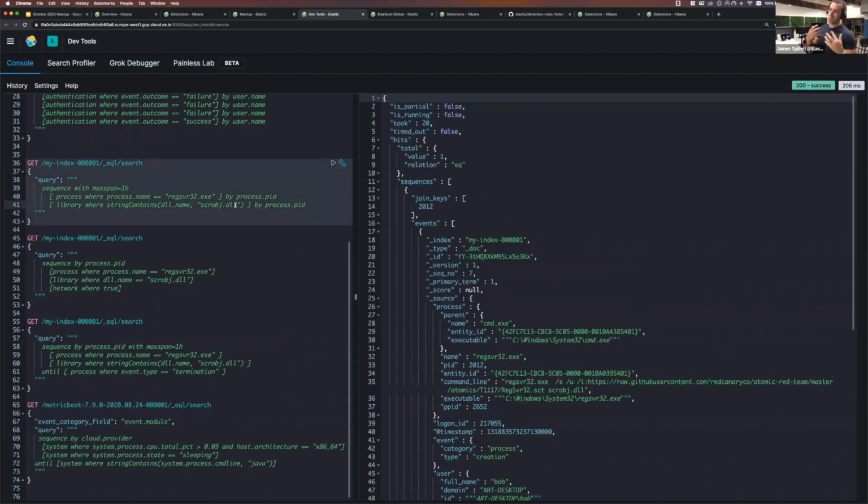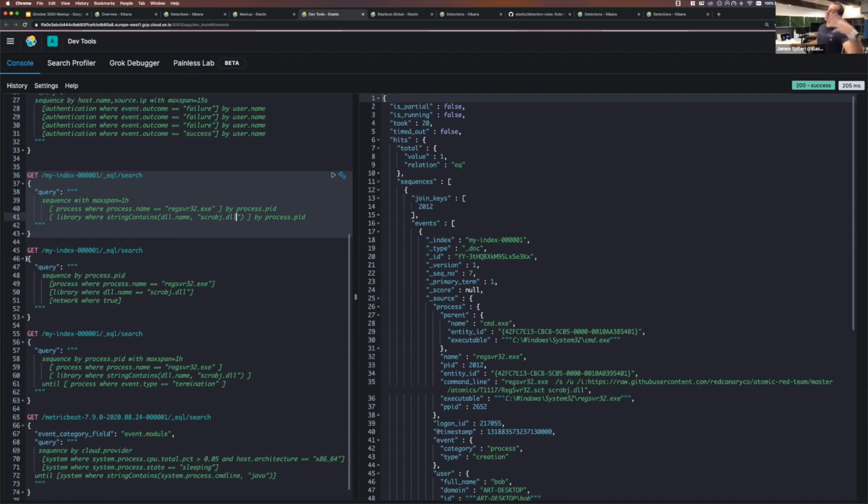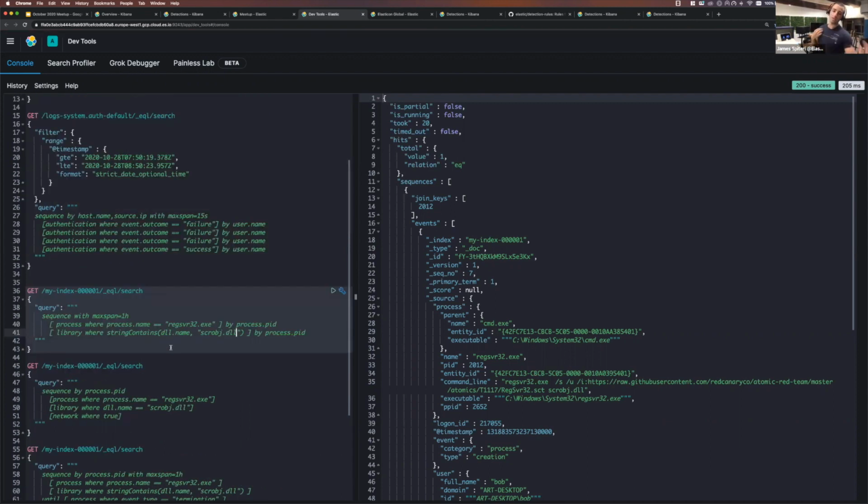So sequencing is really going to open up a whole world of possibilities. And a very classical example, I think almost everyone asks me about it: hey, James, listen, all these detection strategies are really good, like machine learning and stuff like that, but I still want the ability to create my traditional correlation style rules, 3 failed logins followed by success, all that stuff. And now with EQL, that is finally going to be possible.